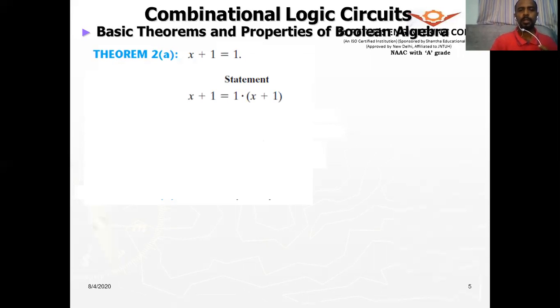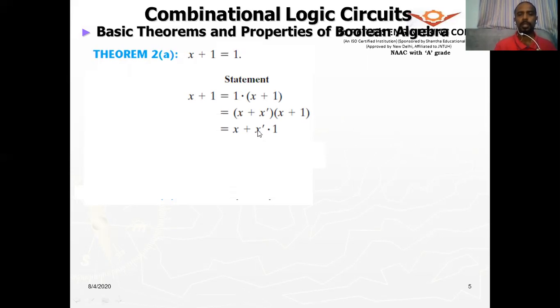So for this, we are simply multiplying x OR 1 with 1, and you know that anything multiplied by 1, the result remains the same. So next, this 1, we are going to again split it as x OR x complement. So we have seen that x OR x complement is equal to 1. So therefore, we are bringing that x OR x complement there. So next, when we multiply term by term, we get x OR x complement and 1. So this will be the result.